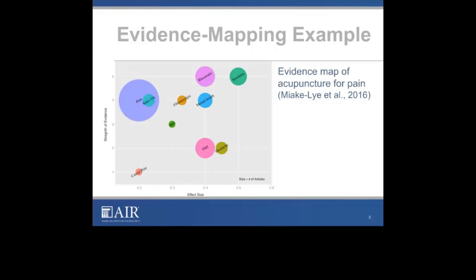This is an evidence map of acupuncture for pain. The primary question at hand is, what is known about the use of acupuncture for pain management? So the researchers gathered all available literature that deals with acupuncture use for different types of pain management. The size of the circle on this graph represents how much literature exists. So we can see that for managing knee pain, there's a lot of use of the acupuncture method. There's much less use for fibromyalgia or for mental health, a little bit of use for headaches, some for rheumatic disorders and insomnia.